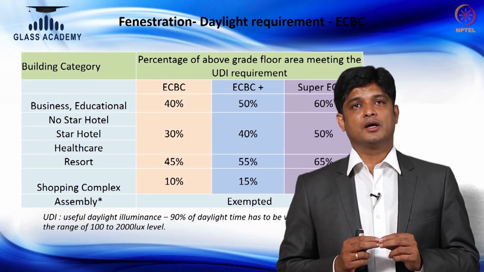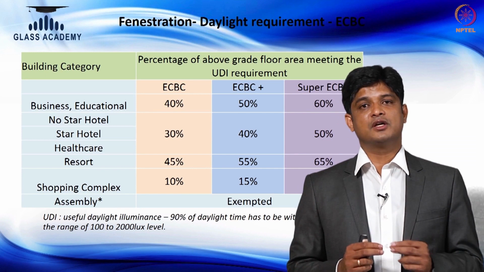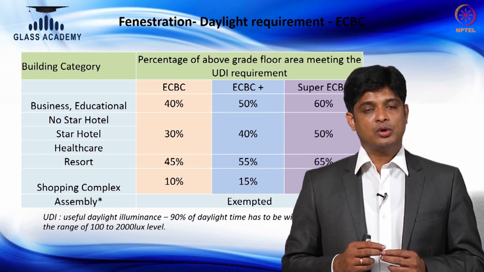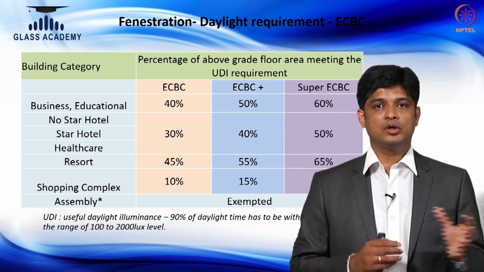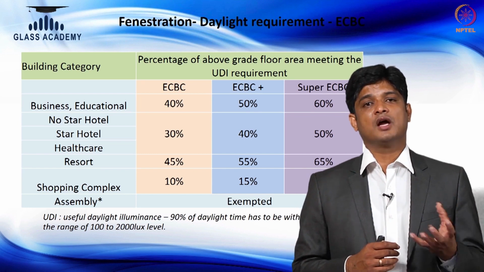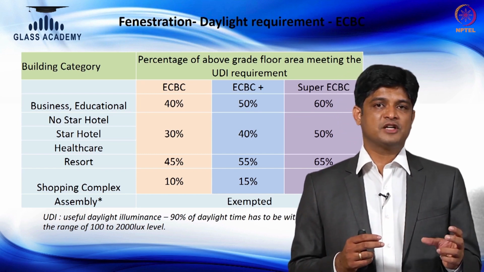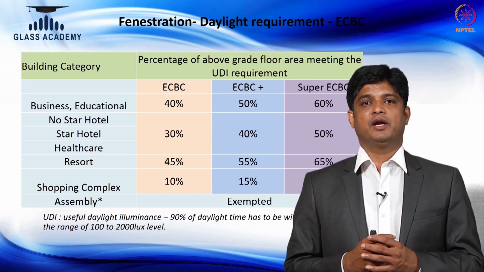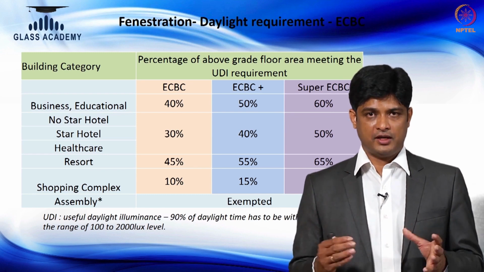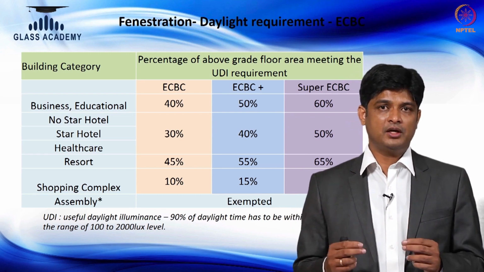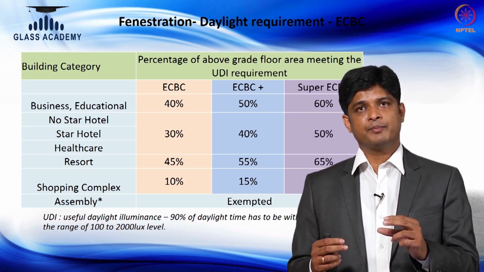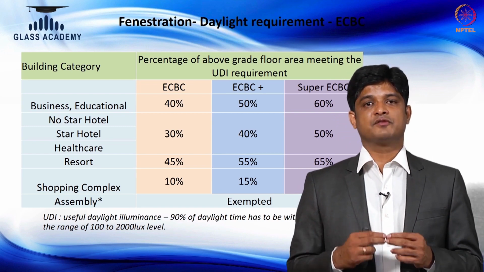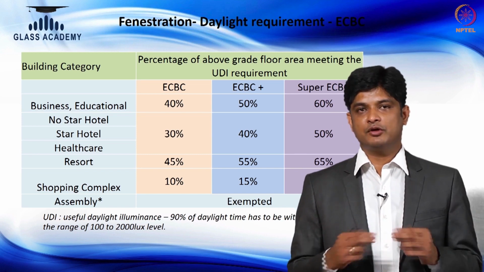So just to take you through what is covered in the Energy Conservation and Building Code of India, which was recently revised in 2017. The basic difference from the old version to the new version is, the old version had only one kind of building where you can do it as per prescriptive or as per simulation. Under prescriptive you have a trade-off. The new template has slightly been upgraded, so in this you can design the building as an ECBC, ECBC Plus, or Super ECBC building. Ideally you can improve the energy efficiency of the building by just doing simple measures which are covered in your ECBC.